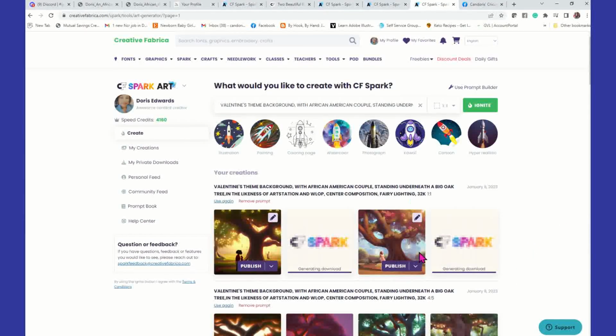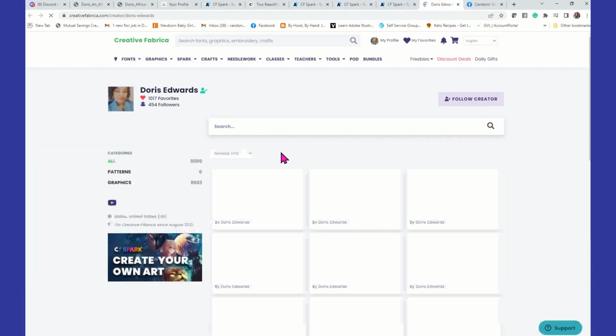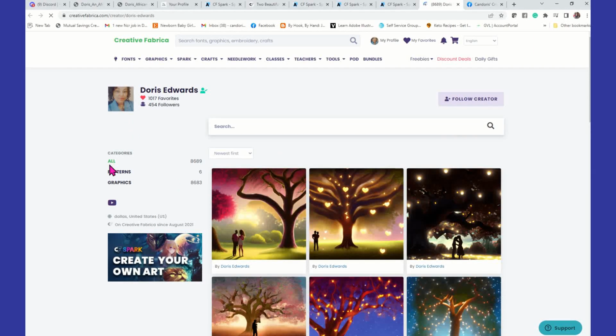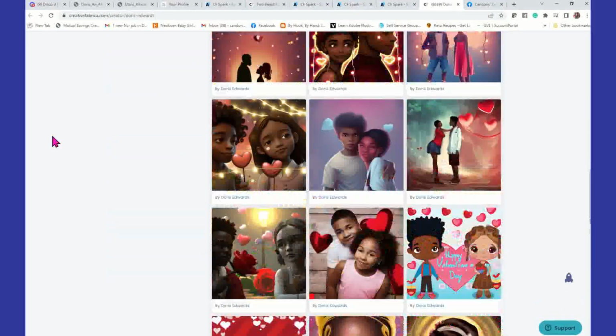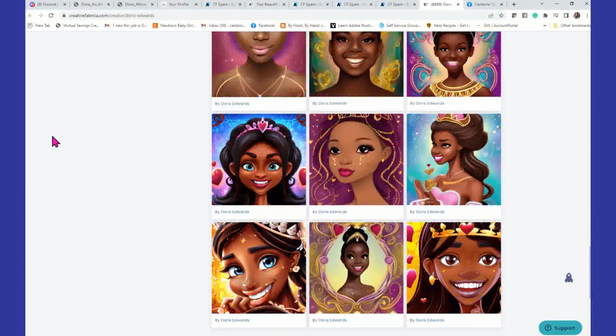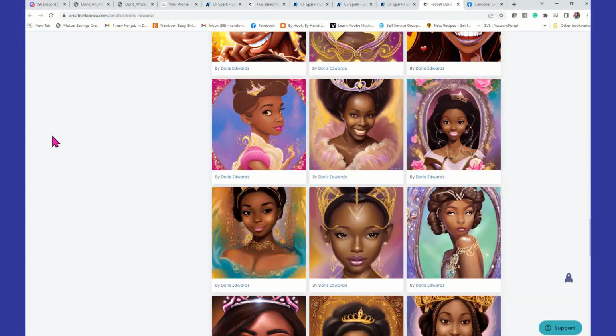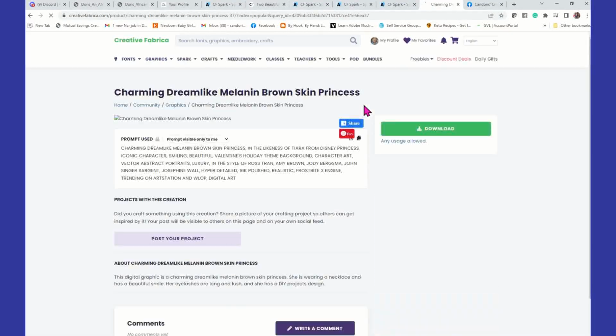And we'll take a look at one of them just to see if Canva does a good job with that prompt. I'm going to go ahead and go over to my private downloads, which is here on the left. If you go to my creations, that's where everyone can see the images that you've downloaded. And you can see that I've downloaded 8,689 images, guys, in Spark. So these are all the images that I have generated in CF Spark. Anyone can see these, they can click on them